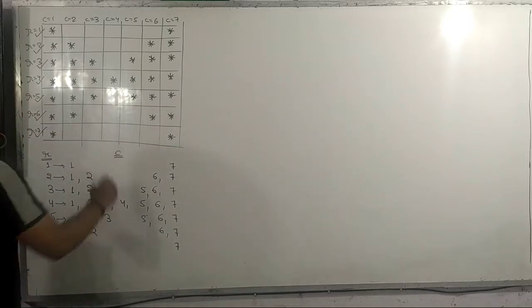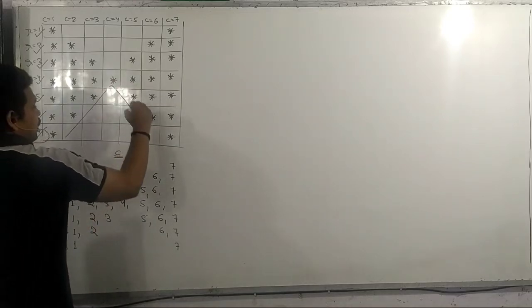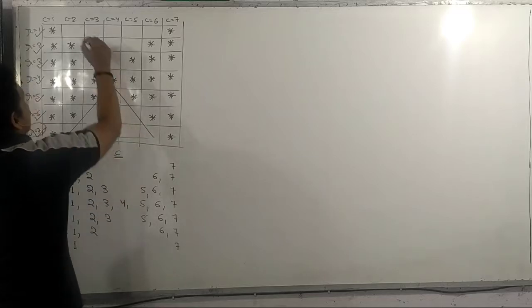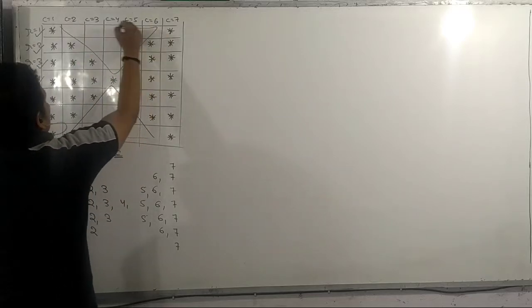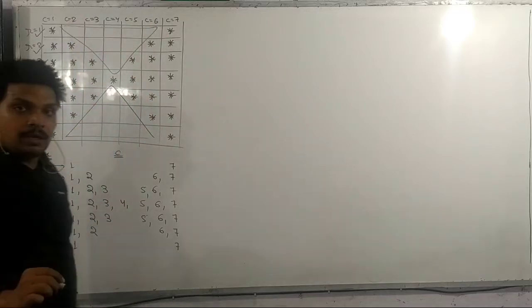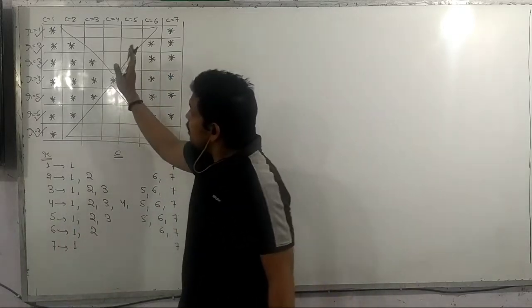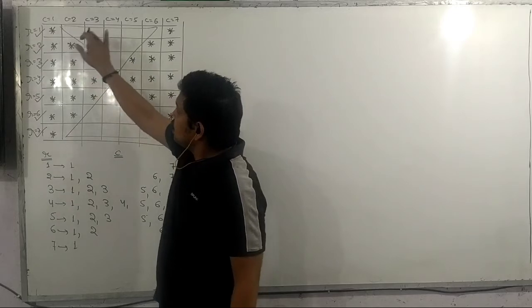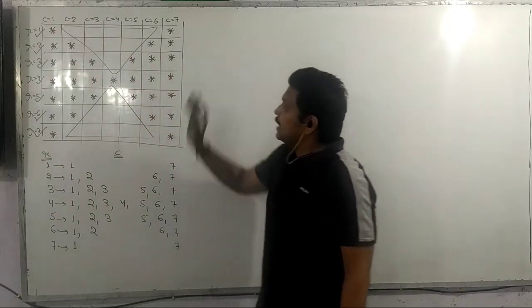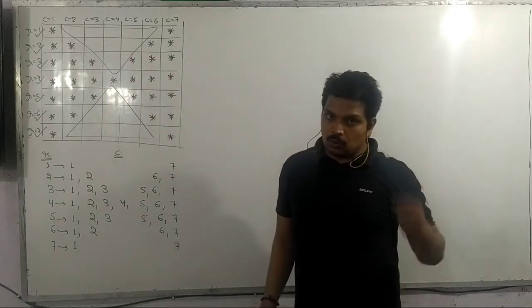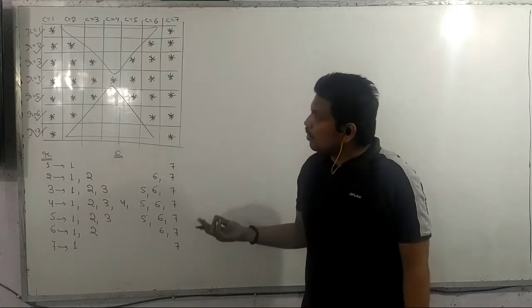Now you can see that there are spaces in between. So if there are spaces in between, we have to use logical OR. If stars are on the left side, then there are some spaces and then a star on the right side, then understand it will be logical OR. Okay? Why will it be logical OR?